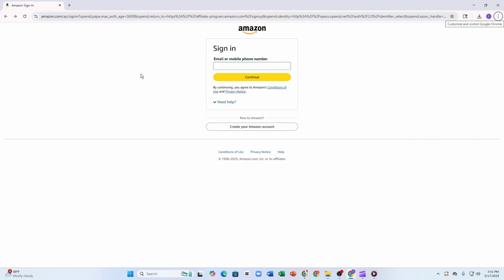And after coming to the sign in page, you need to sign in using your email or mobile phone number. After giving your email or mobile phone number, click continue and then it will take you to the Amazon